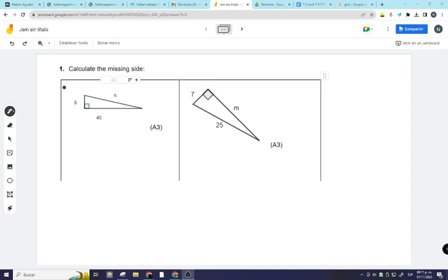So let's do it. Since in this one we want the hypotenuse, according to the Pythagorean theorem, we know that the hypotenuse squared is the result of the addition of the two squares of the legs. So 9 squared plus 40 squared. The hypotenuse squared will then be 9 times 9, which is 81, plus 40 times 40, which is 1600. Okay? The hypotenuse squared is then